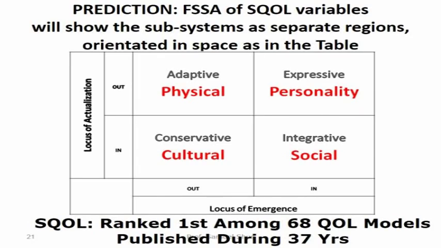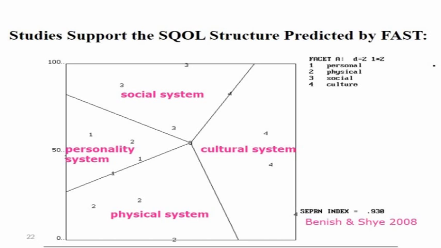The point of interest at this moment is that faceted action system theory predicts that the quality of life variables would be arranged in the same order as you see them in this table. And indeed, this has been verified in many, many studies. For example, in the study of Maya Benish, you have the picture here. You see that the cultural is opposite the personality, the physical is opposite the social subsystem, just as predicted by